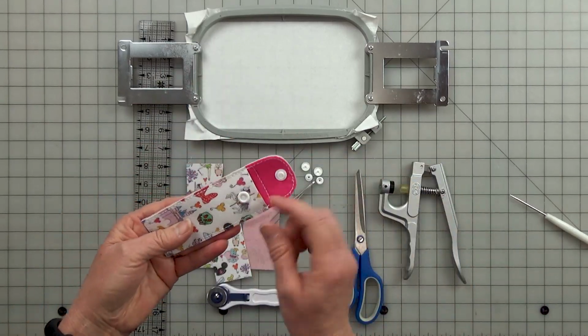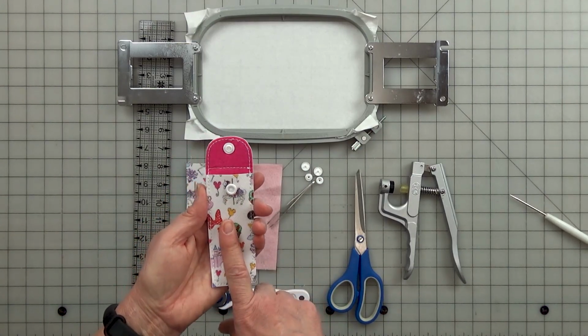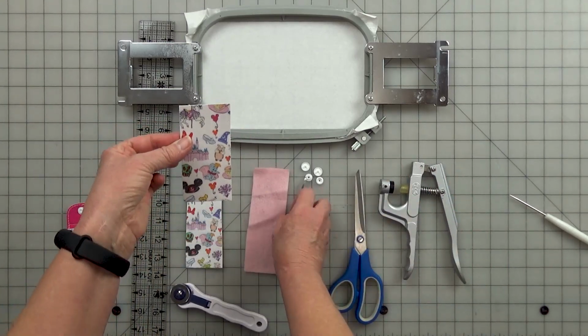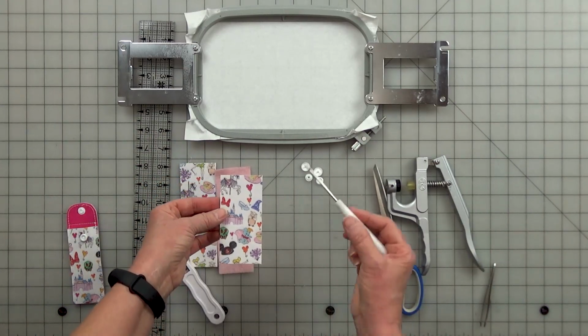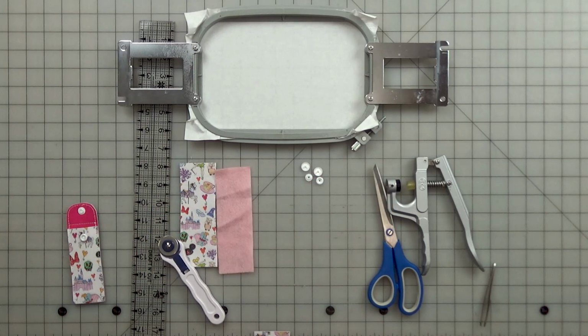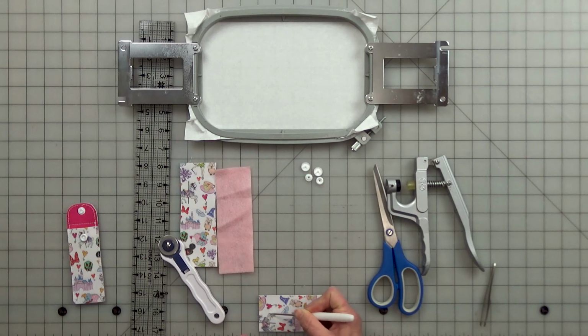I did it prior to, so I'm going to show you where I have the snap placed on here ahead of time before I actually go to sewing it. So I'm going to take that 4 1/4 by 2 piece, and I'm going to measure a 1/2 inch down and in the middle, and that's where I'm going to put my snap. So I'm going to measure on the table. This is my 1/2 inch mark. I'm going to go towards the middle. Make my hole,